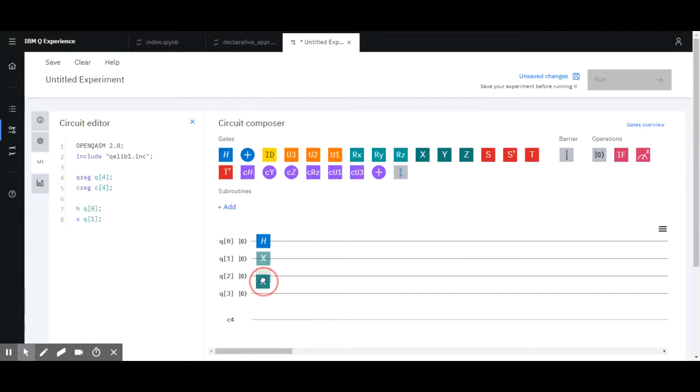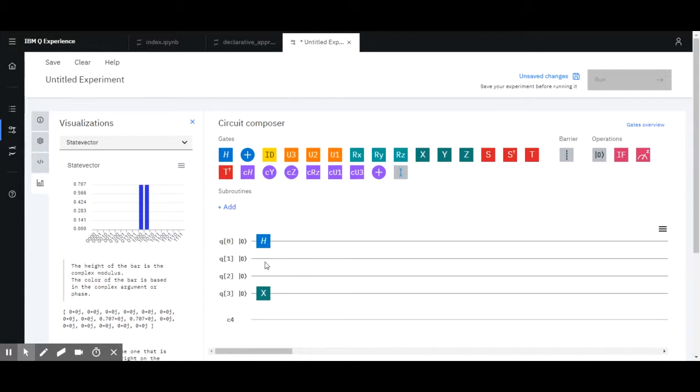Sorry, no, let's do 4, like 1 0 0 is 4. So we want that to rotate. We want now the phase to rotate. The phase here to be not blue but yellow, right? So in this case, what this tells me is that I should have a rotation on Z here, a conditional,